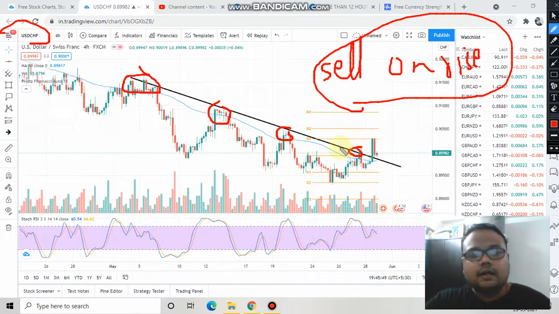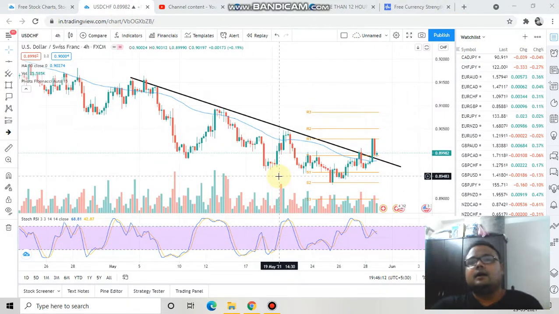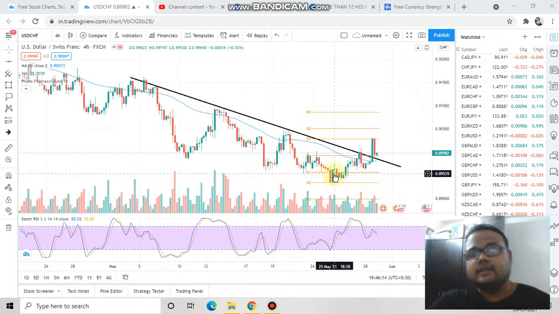But yesterday things took a different turn. We all know that there was sudden buying pressure on the USD. And because of the USD, you can see that market formed a green candle, and after that the market formed a red candle. But whatever, market broke the resistance for some time, and still market is trading above the resistance